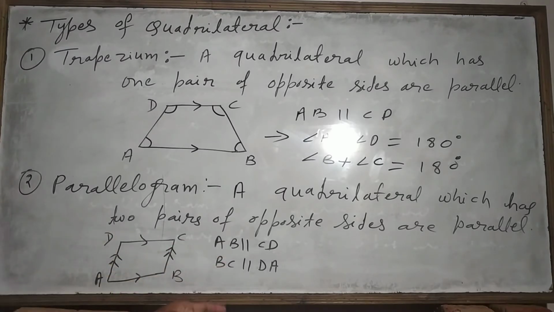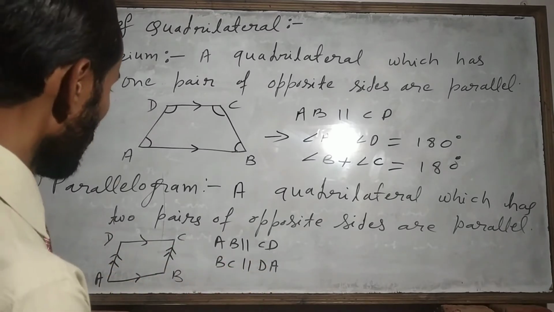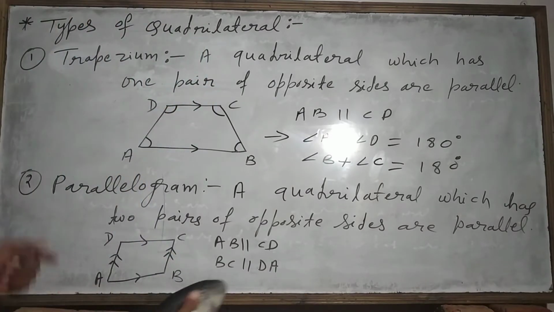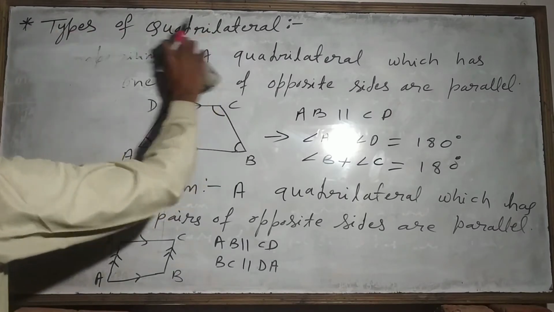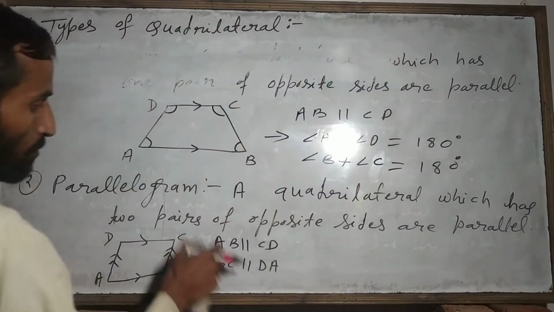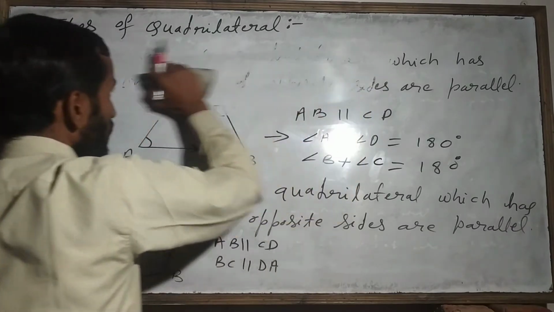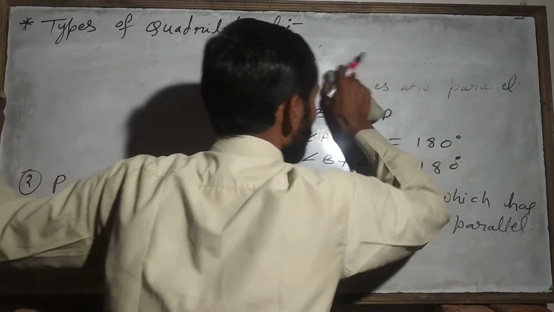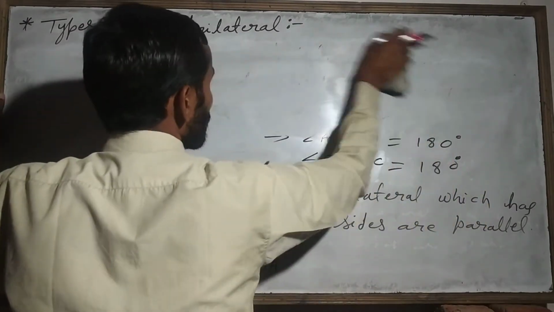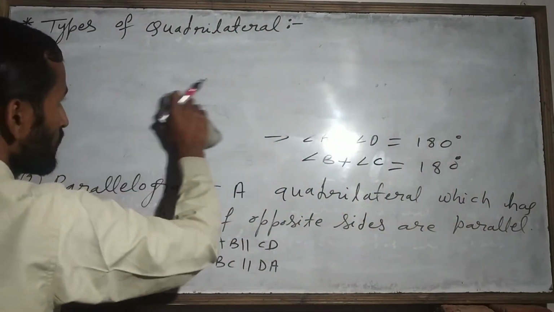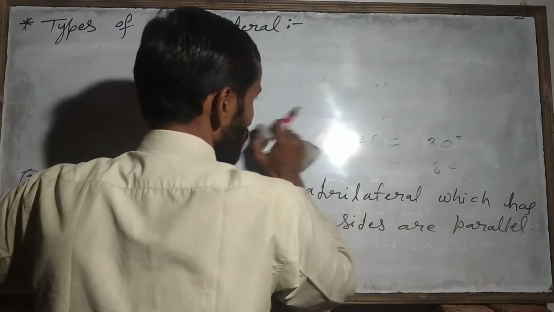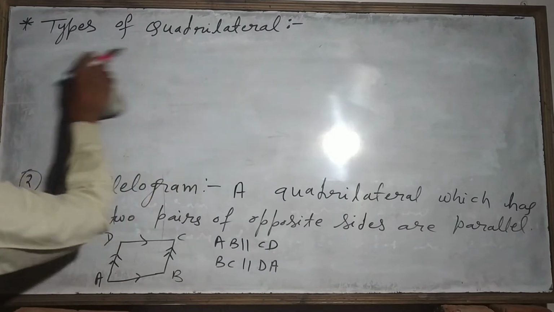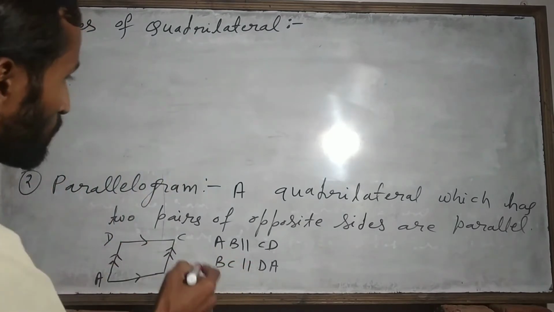Now we can find properties like this. In this parallelogram there are so many properties. First of all, two opposite sides are parallel, so we will write that one only. Next, according to parallel, if two pairs of opposite sides are parallel, then again the co-interior angle sum is 180 degrees. You have to write all the properties; in a parallelogram so many properties will come.